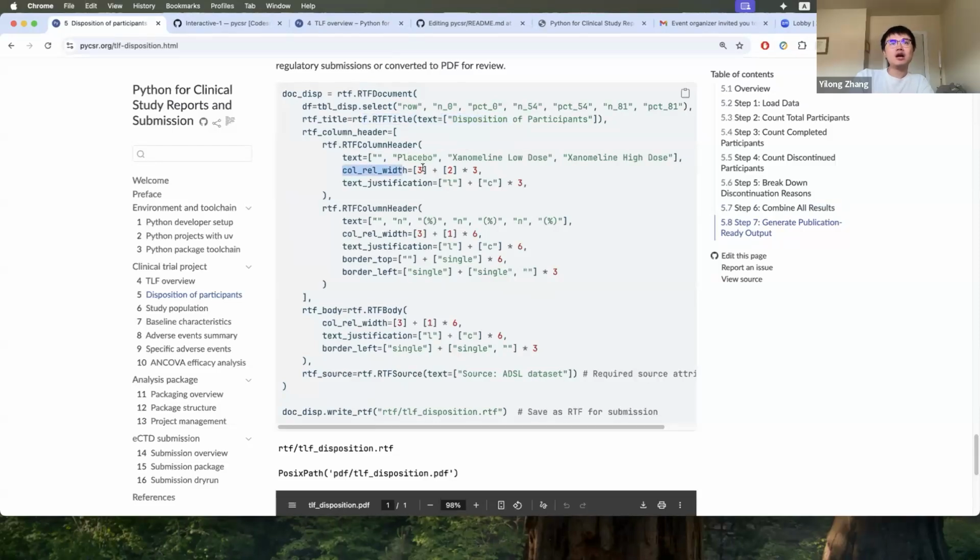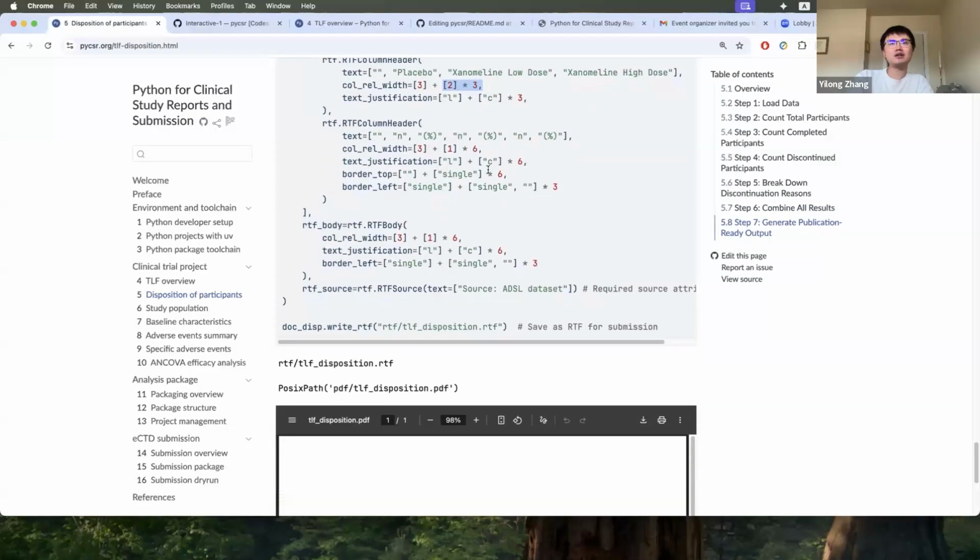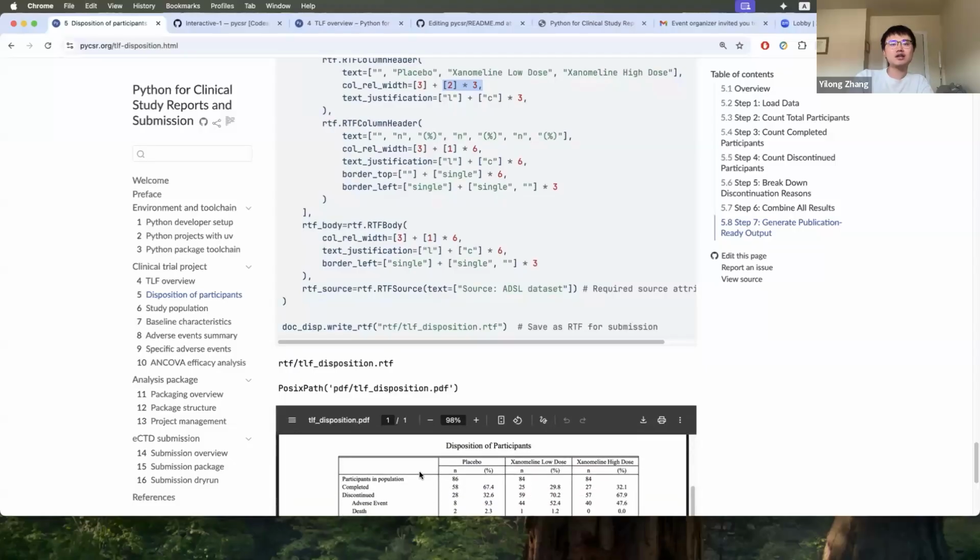Like we want the first column to be a bit wider using 3, compared with the rest of the columns, which are 2 times 3. Basically, we have the rest of the 3 columns as a title. So you can see here, this is the output, right? So we have about a 3:2 ratio for the first row of the column header, for this blank column and placebo.